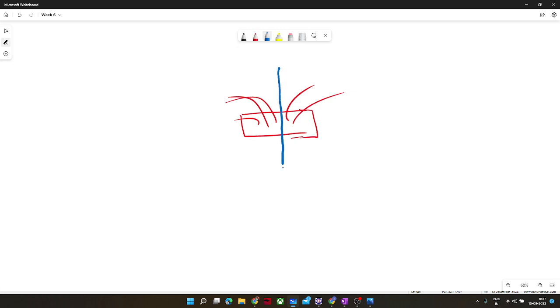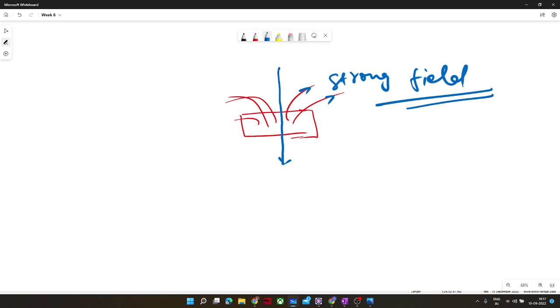So for field weakening operation, let us see, this is the permanent magnet, okay? They are producing fluxes and linking to the stator. And during field weakening, we need to demagnetize it in this direction. For that purpose, we need a higher amount of stator current because these are strong fields. To demagnetize or to operate above base speed, we need higher current, which will lead to higher